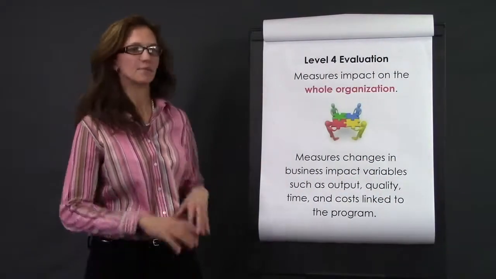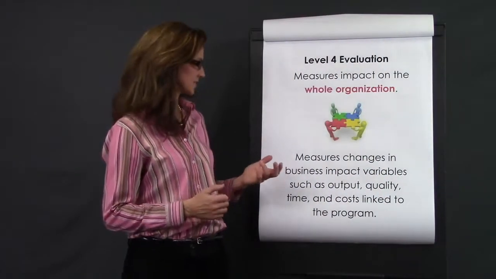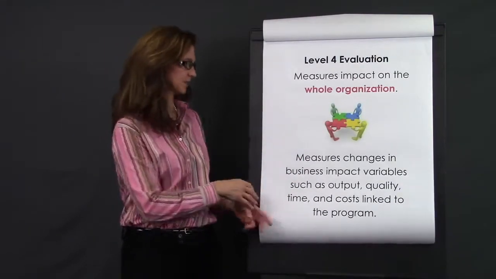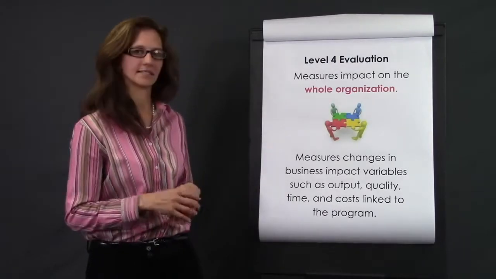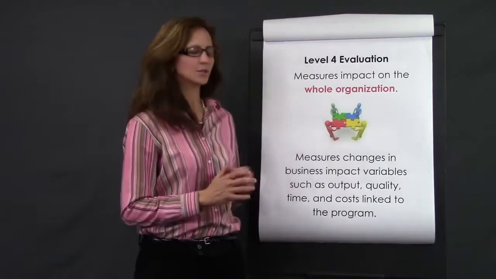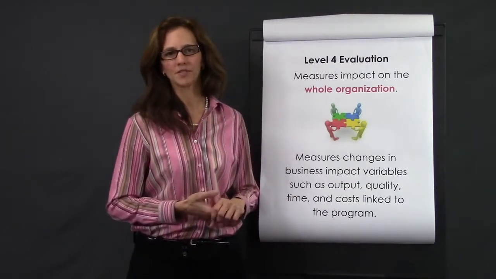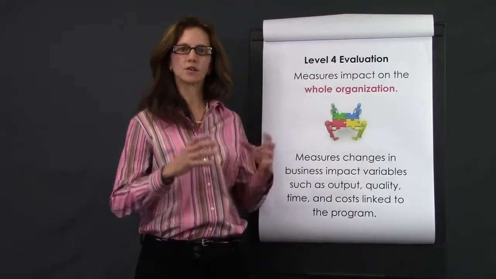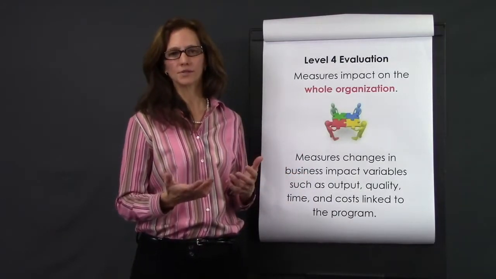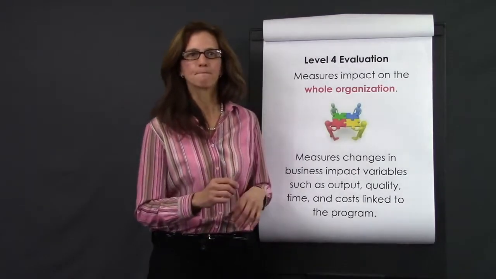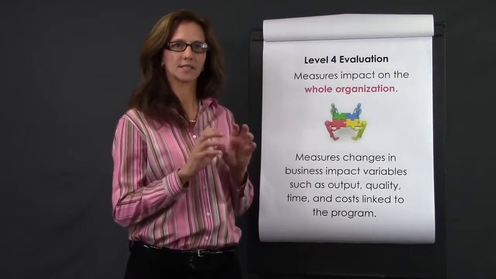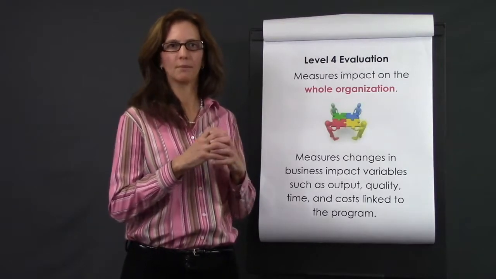Level 4 evaluation measures the impact on the whole organization, measures changes in business impact variables such as output, quality, time, and cost that link to a program. Level 4 and Level 5 aren't used very much, and that's for a couple of reasons. They're the most rigorous, the scope and scale are the largest, so they take the most time and the most resources. Another piece of that is that it's sometimes really difficult to isolate the impact of a program on